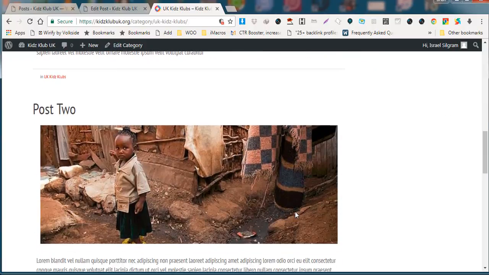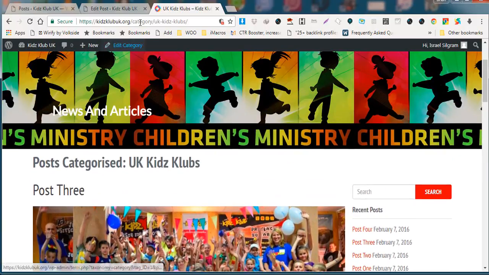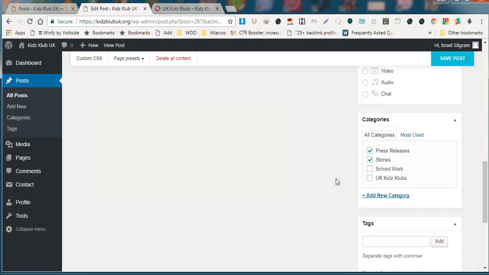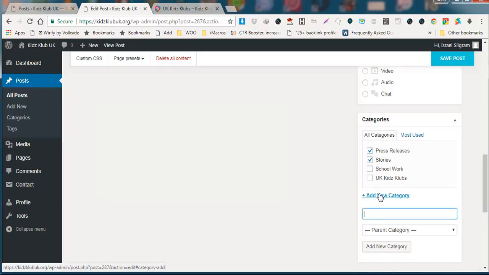There's something else in there. So that's how we add it to categories, and you can have it in multiple categories or in one category, and of course you can add a new category. So you might want to add in here, let's say